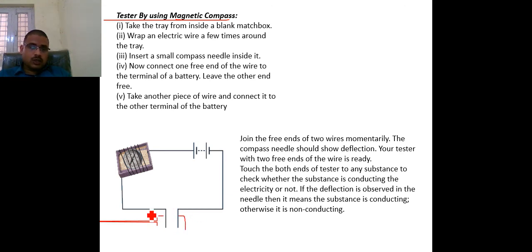This rod is combined with wires, and the magnetic compass is included here. That compass is attached to the positive terminal of the battery, and the negative terminal of the battery is connected with the other rod. If there is some kind of liquid and you see a deflection in the magnetic compass, then we say that the current also shows the magnetic effect. You can go through all these things.